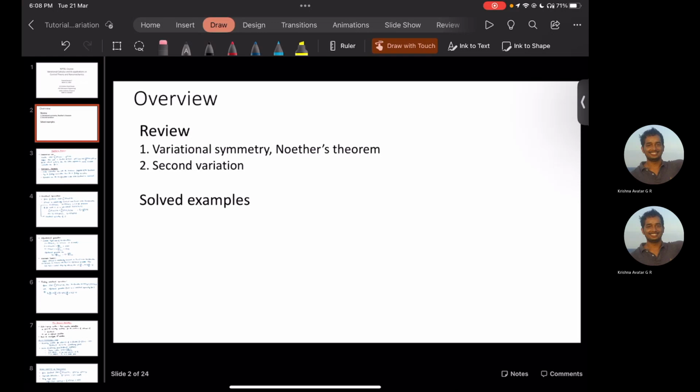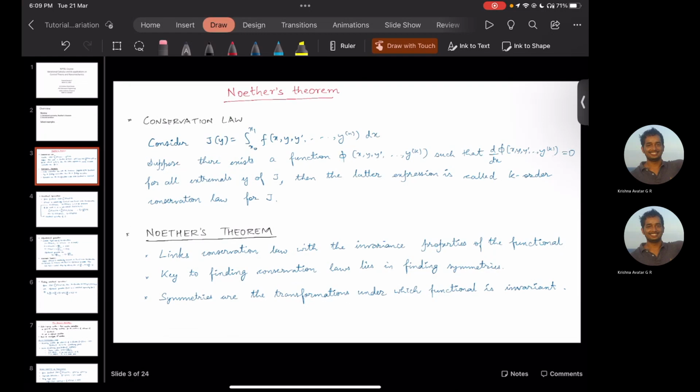In the review part, we'll be taking a look at variational symmetry and Noether's theorem, and the second variation. So let's start with the first. Let's review the first topic, which is Noether's theorem,